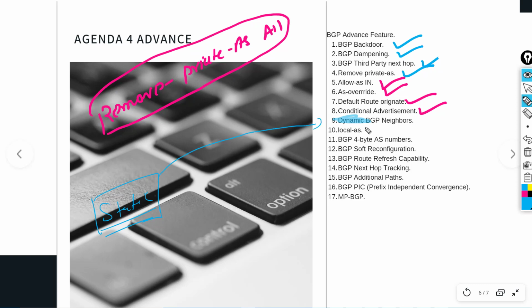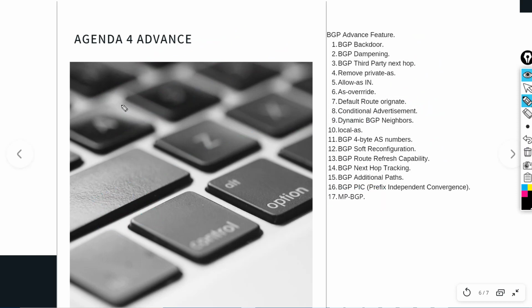Then after that we'll go for local AS, BGP 4-byte AS number, soft reconfiguration, route refresh capability, next hop tracking, additional path, and MPBGP. With local AS, we are going to cover how we can migrate from one ISP network to a different ISP network. First we are going to cover agenda number 1, then agenda 2, agenda 3, and then the last agenda, 4.